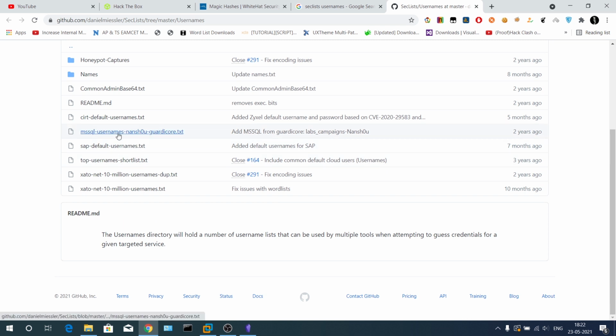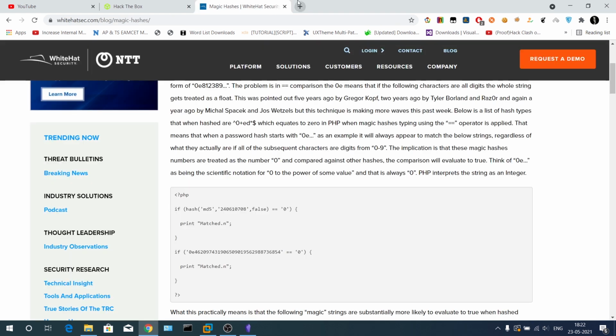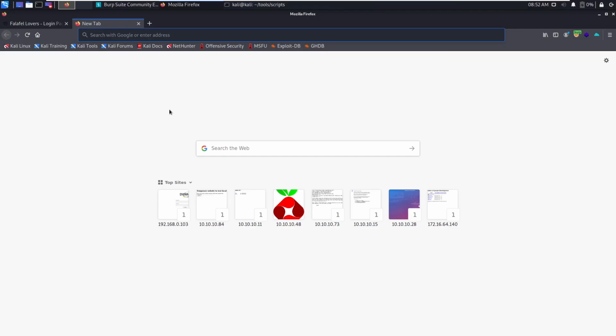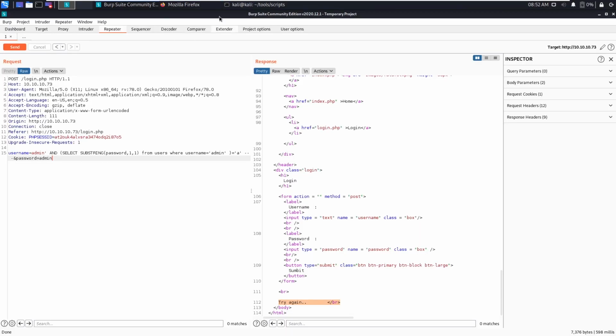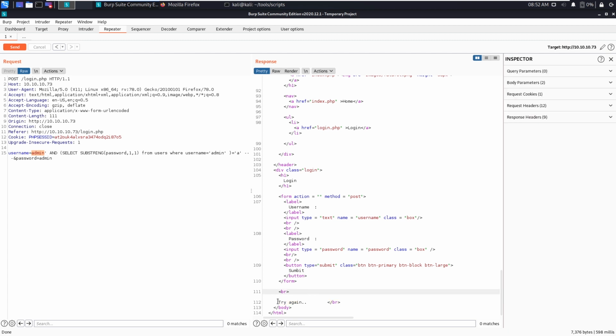Okay, anyway, you can use any word list, and you can simply write the Python script, and you can brute force this value. Instead of admin, you can put a text dictionary and send the request and see the response. If it is the default length, that is the error length saying try again, then you can see that the username does not exist. Okay.